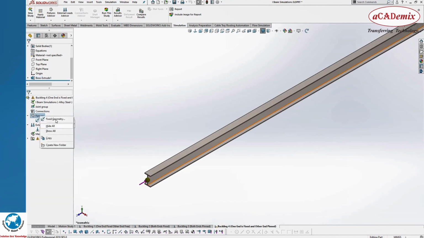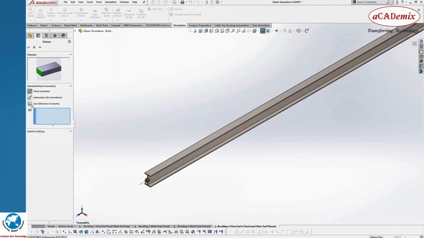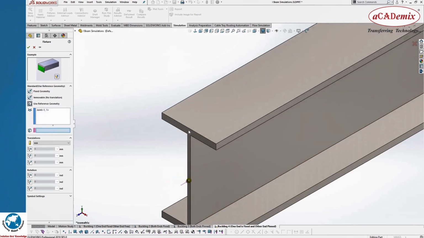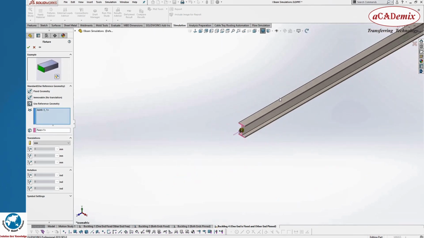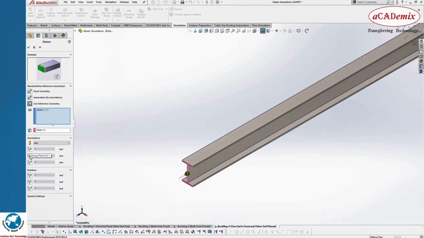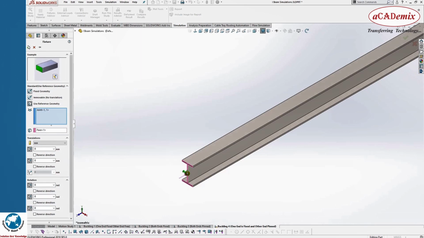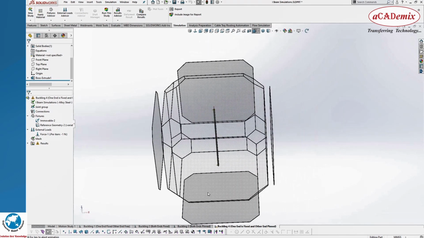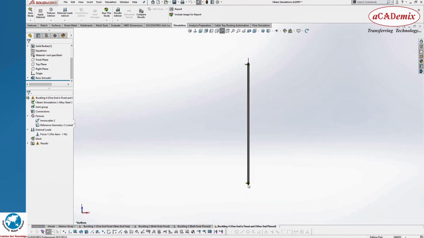Here we can right click fixed geometry, and we can use reference geometry to arrest all degrees of freedom. So from here we select the joints, and next we are selecting the reference plane corresponding to that joint, and now we are going to arrest the degrees of freedom. And now we have given the end conditions, that is one end is pinned and the other end is fixed, and we have applied the load axially. All the other parameters are kept similar. Now we run this study,